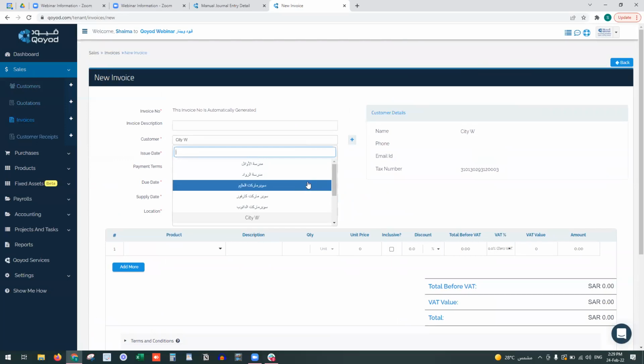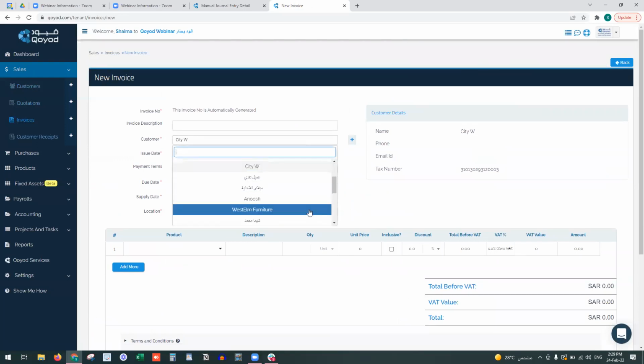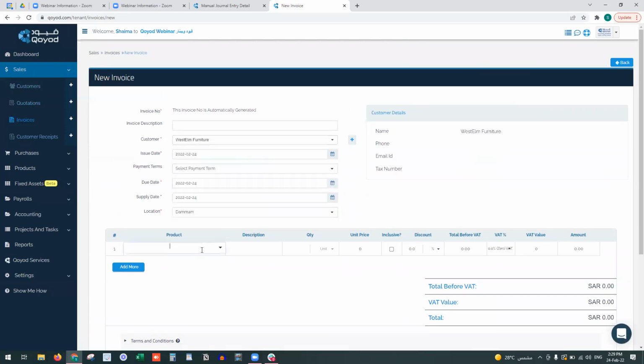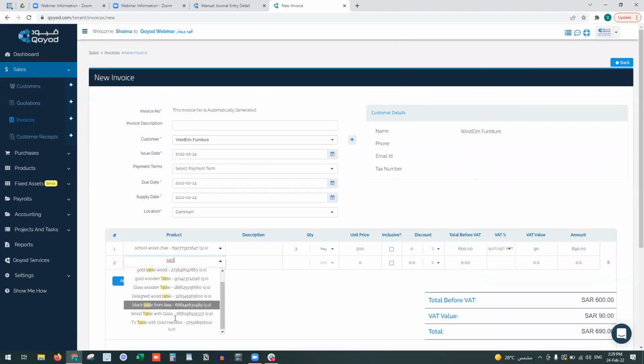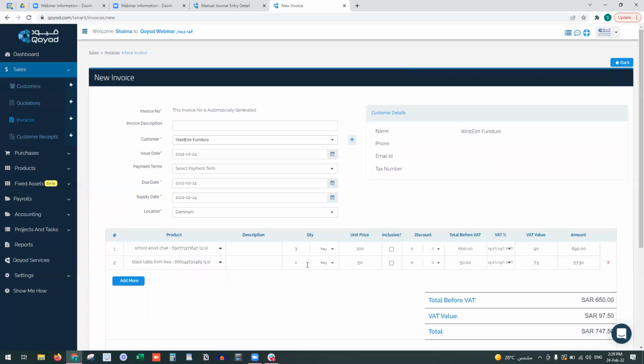For example, for West End Furniture, we have a chair, for example, school wood chair, 3 pieces, and we have a black table with 2 pieces. So now we will sell 3 pieces of school wood chair and 2 black tables